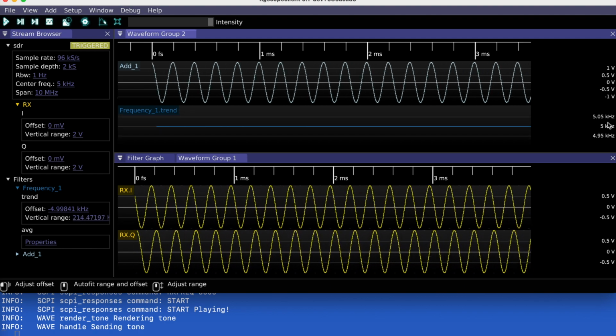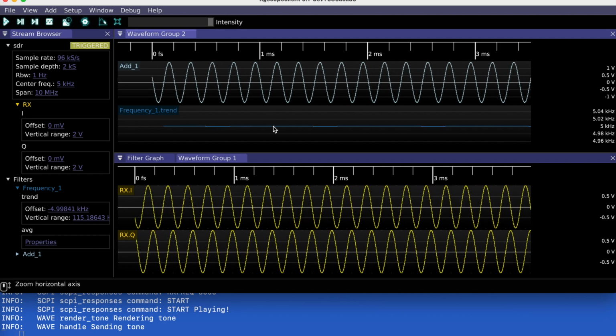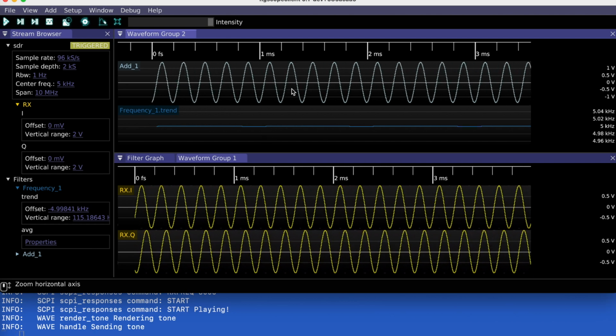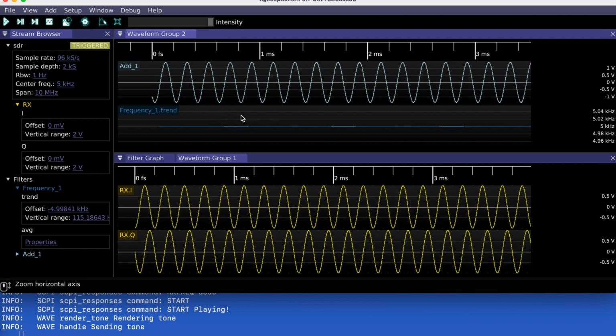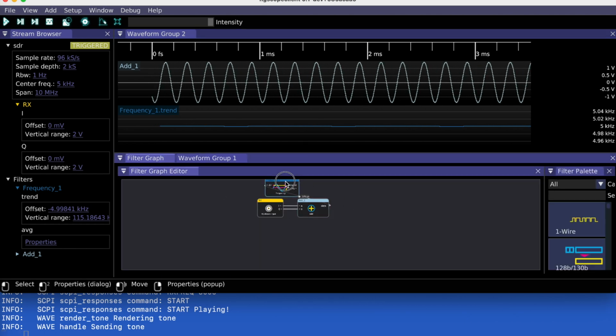It's telling us that 5 kilohertz, the frequency we are generating in this test. While we are doing this, ngscopeclient is updating the filter graph, and